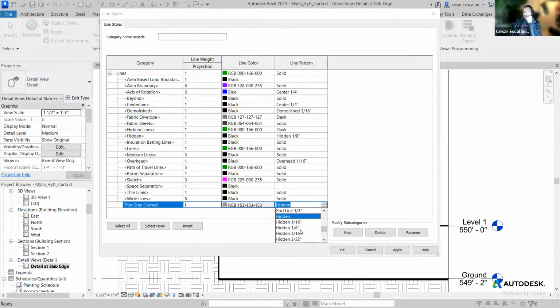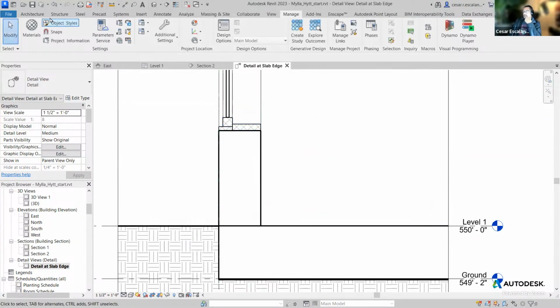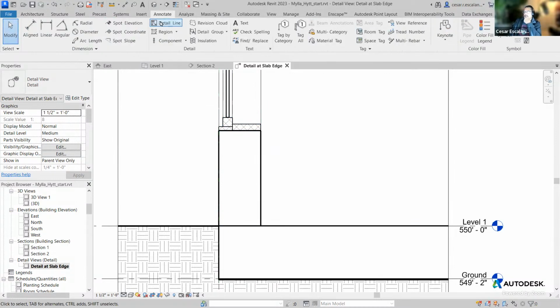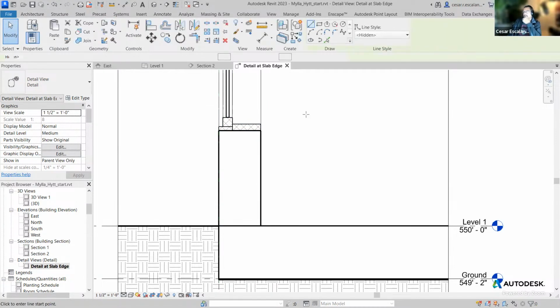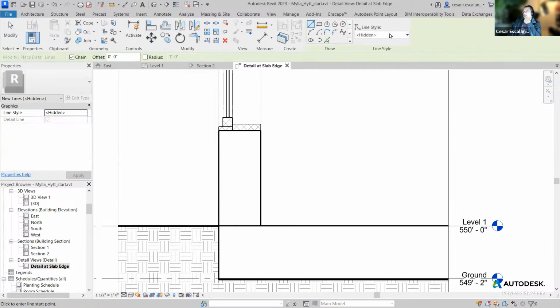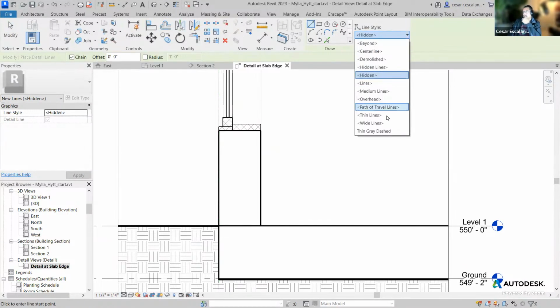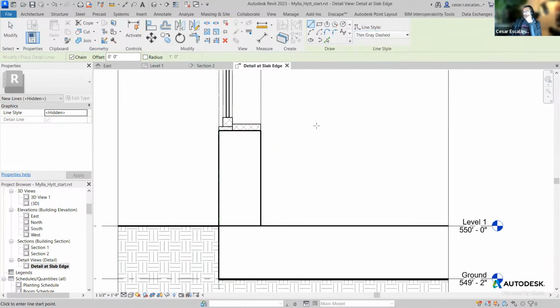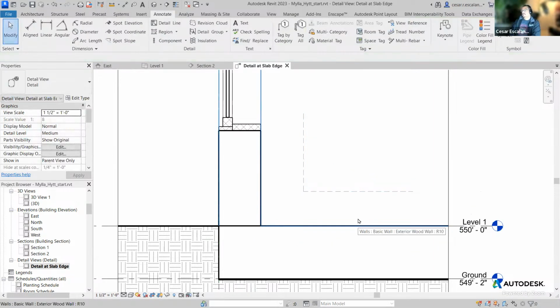I'm gonna put it hidden 1/8. So, and that's it. Hit OK. And now under annotate, you create a detail line. In the drop-down list of choices, now you have thin gray dash. And you can use that thin gray dash line to represent, I don't know, center lines or